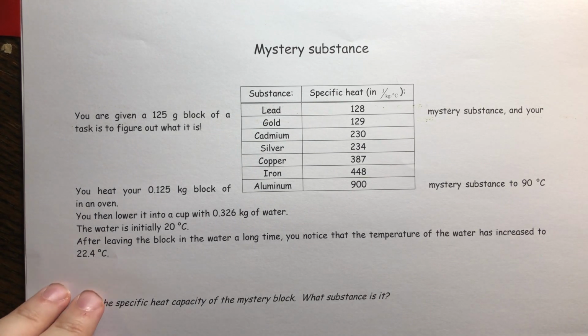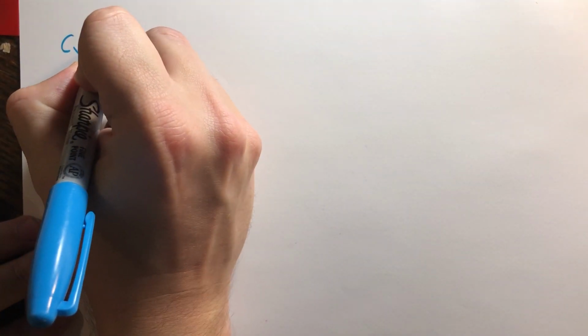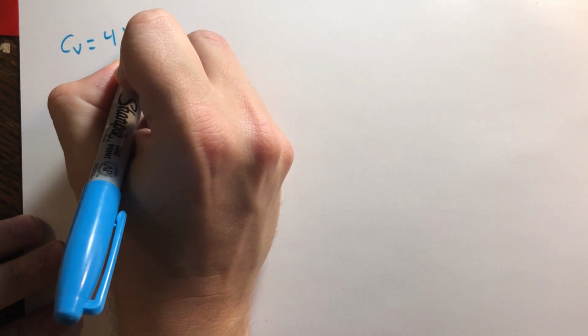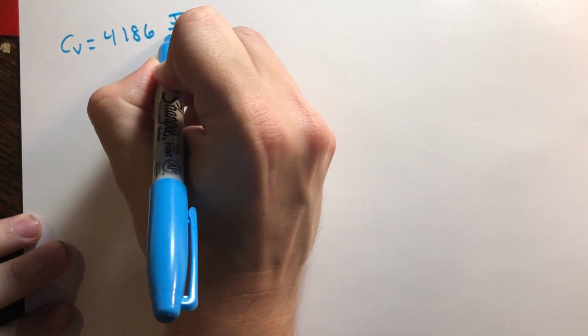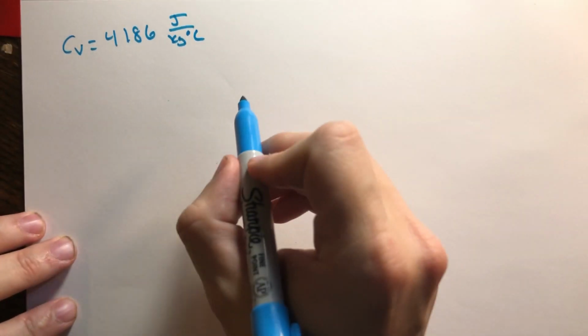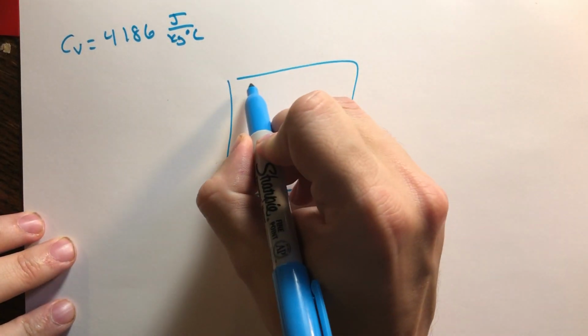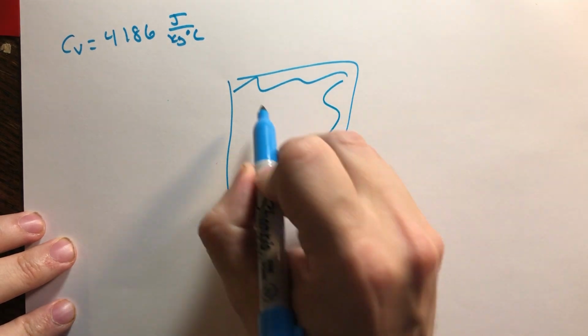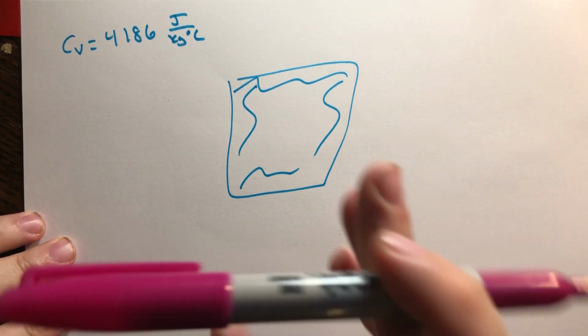So, to do this, first we have to know a couple things. First of all, the specific heat of water, I'll go ahead and write down for you, is 4,186 joules per kilogram degrees Celsius. We also need the idea that if I have my container of water and I drop some kind of mystery material into it,